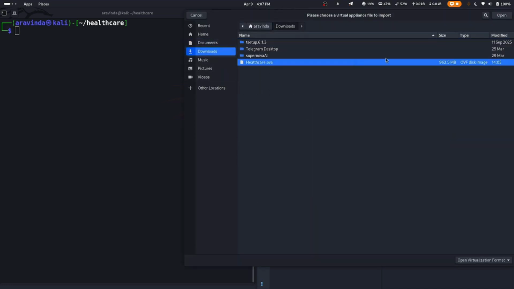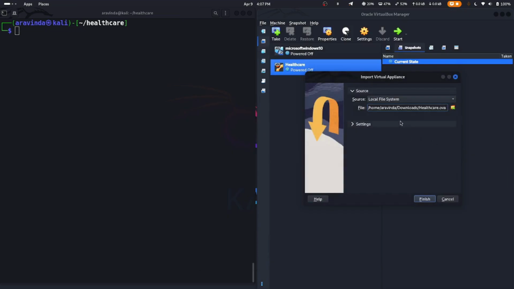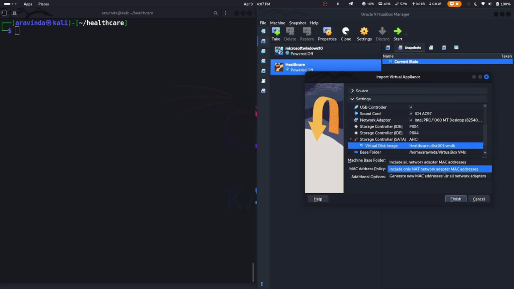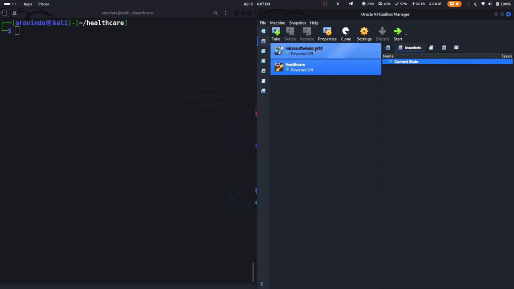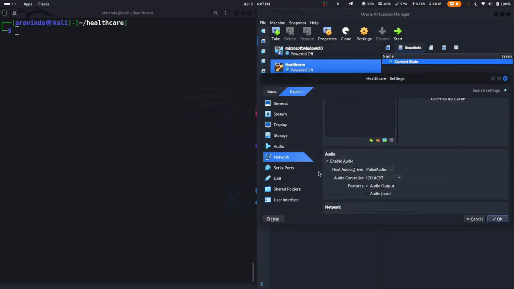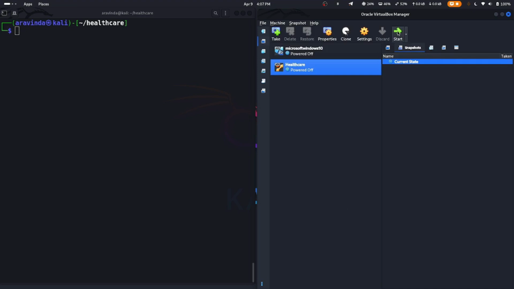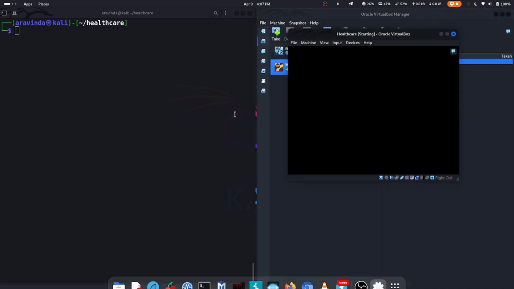and select the healthcare.ova file, and we can see all the configurations which are loaded, and select generate new MAC addresses and click on Finish. I've already imported the appliance, and let's right click and click on Settings, and let's go to Network and select bridged adapter, and let's select wlan0 and promiscuous mode allow all and click on OK. Let's start the virtual machine,